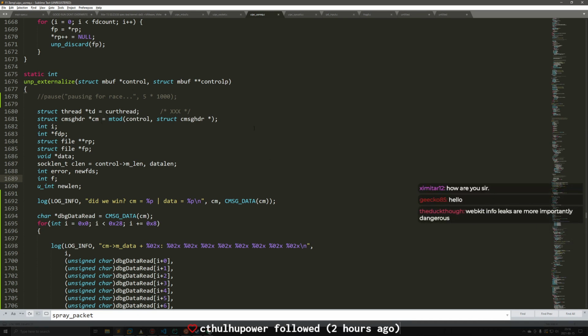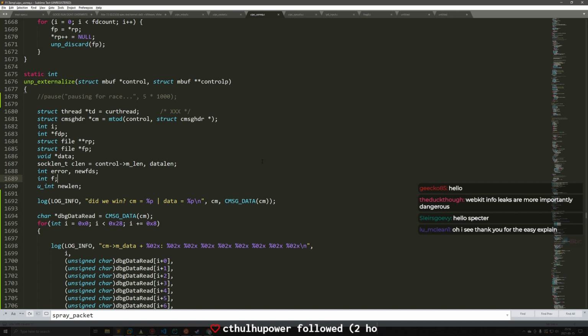And answering the question of will this be more stable than what Slurs-Govy's already done, I don't know. I've kind of said on the stream before that it could be more stable. It could also not be more stable. The factors that influence that are a little bit different between our exploits. Because what makes his exploit potentially unstable is the heap not working out the way that you need it to work out, whereas mine is more if the timings are not sufficient, basically. So it'll be interesting to compare after the fact, but it's hard to tell before the fact.